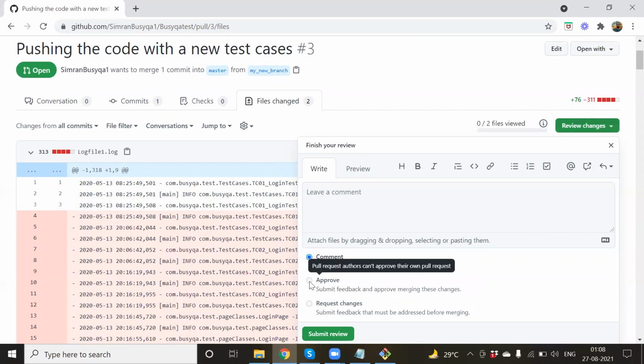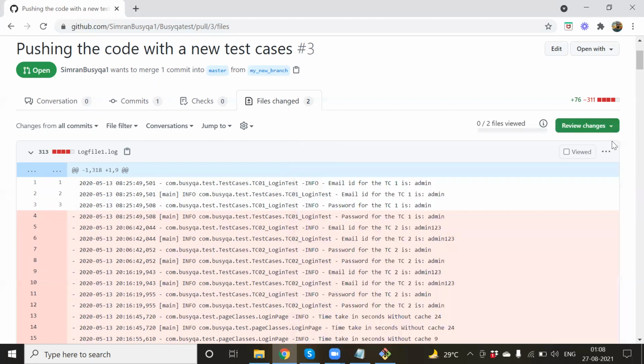Okay, I cannot approve it actually. Okay, this is a problem. I cannot approve my own pull request. So what I can do is keep it like this only, not a problem. What will happen is the person will be able to check this radio button and submit this review, approve this review, and then they will be able to merge also.